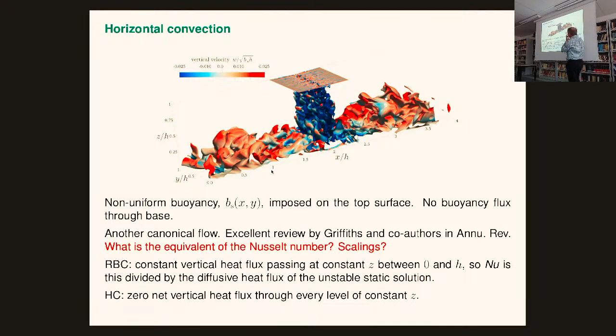So the only way energy comes in is at the top, or heat. And this is a reasonably high Rayleigh number. You see it's a fairly complex flow. The flow is falling down at the bottom. It's doing things in a quasi-steady state. There's some kind of recirculation.